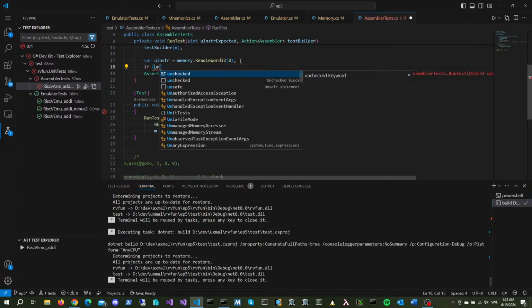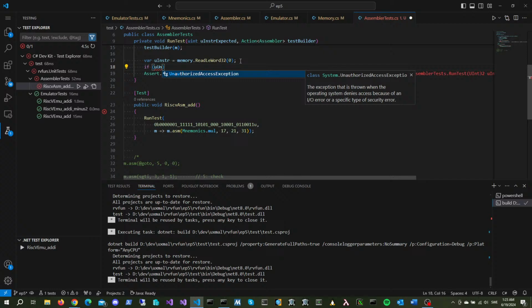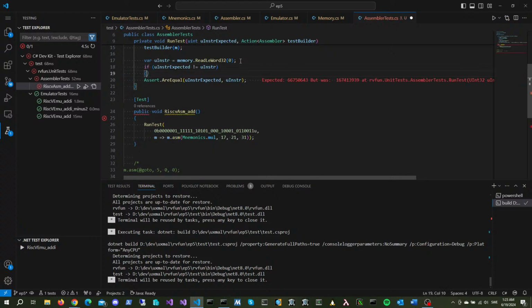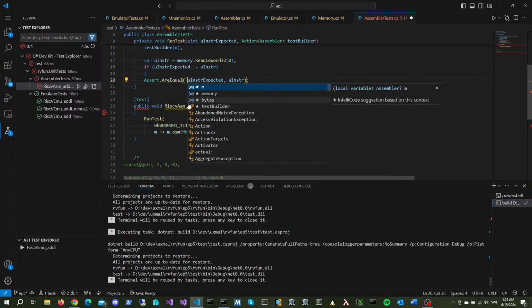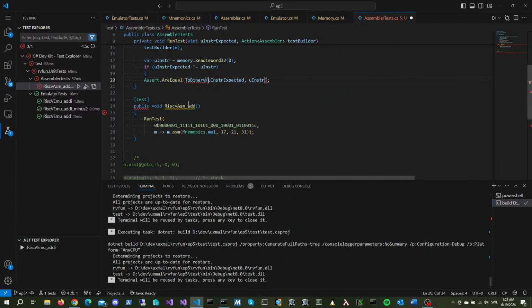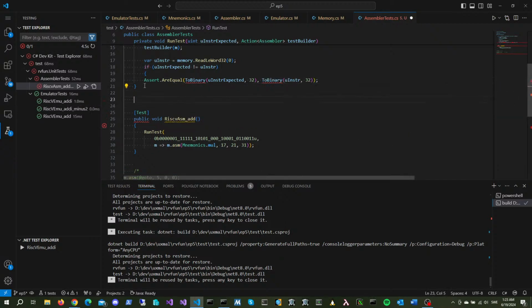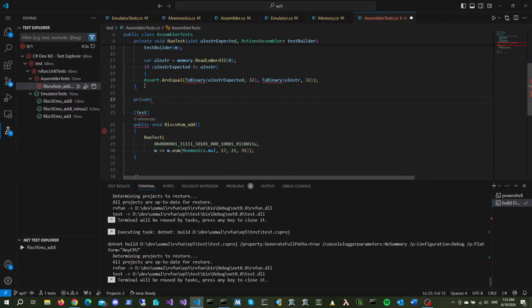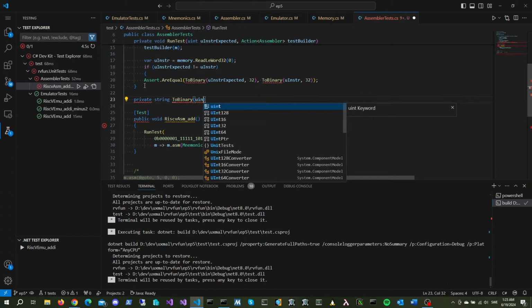We'll say if uinster expected is not equal to uinster, then we'll call a function called toBinary, which we'll write, that generates the binary representation in a field of a certain number of bits. So private string toBinary. We'll pass in the uint that we want to format,